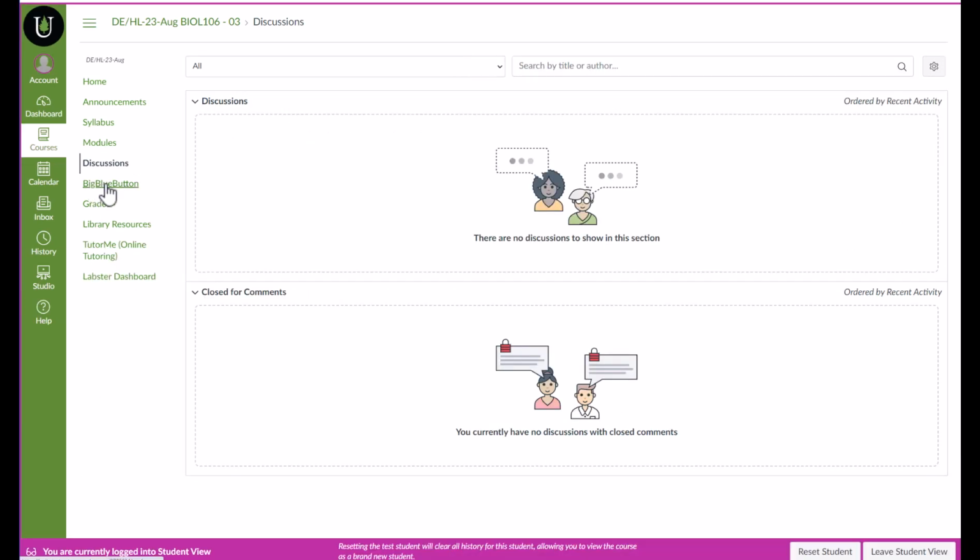Also note this link right here, the big blue button. If you would like to schedule a time to meet with me to ask about concepts or questions on an assignment, or maybe the way an assignment was graded. So if you would like to request a meeting, you could email me several days and times that might work for you, and then I will email you back a scheduled day and time. And then when you get ready to meet, you will come in here and click on big blue button.